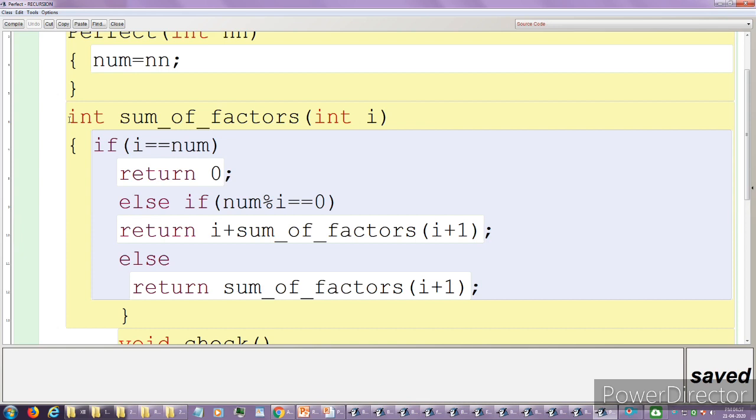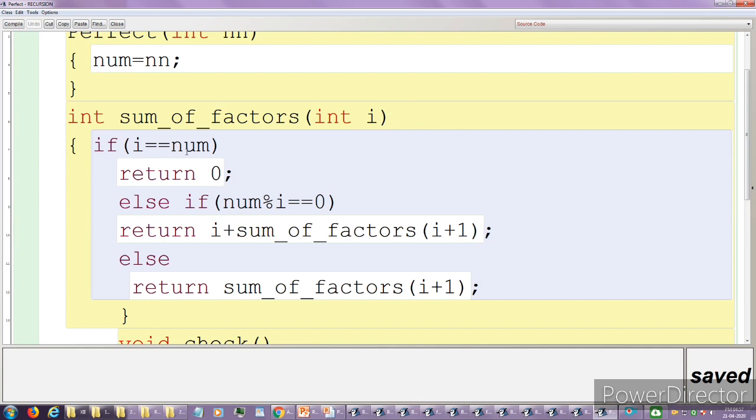So if the value of num from the user is given as 6, because 6 is a perfect number. Why is 6 a perfect number? Because if I add the factors of 6, what are the factors of 6 apart from the number? 1, 2 and 3. 1 plus 2 plus 3 is 6. It's the same as the number. So this is the feature of a perfect number. How do we implement this using the recursive technique, or how can we implement this concept using recursion?